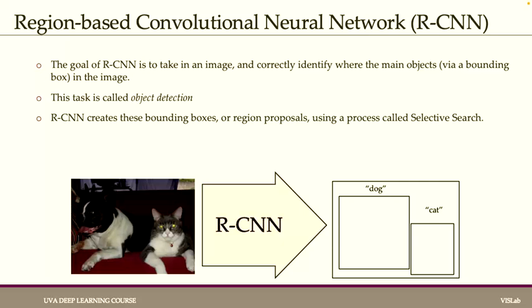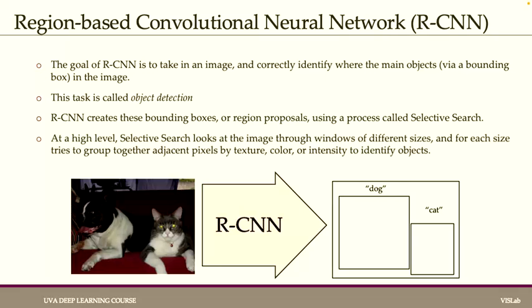search, which you might have had, I think, in computer vision 1. Doesn't really matter too much. It's a fairly old school technique, which looks at the image, so really the raw RGB values, no neural network applied there, at different sizes, and for each size tries to group the pixels together. And it basically, at the end, gives you, for every image, thousands of potential boxes, ordered by how likely they